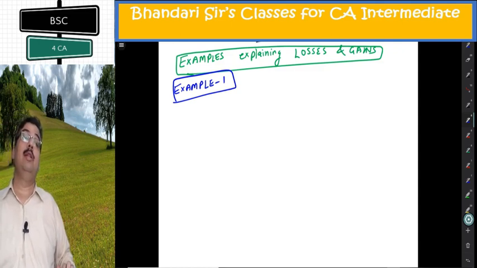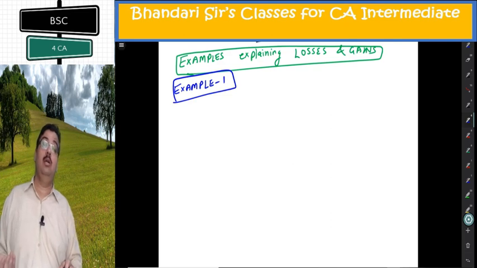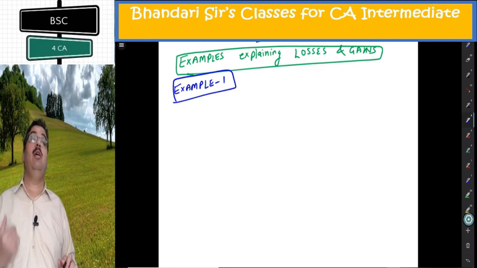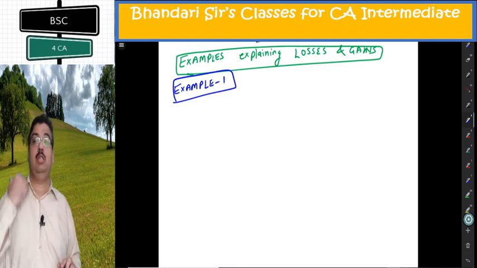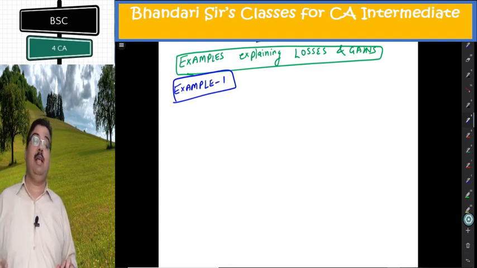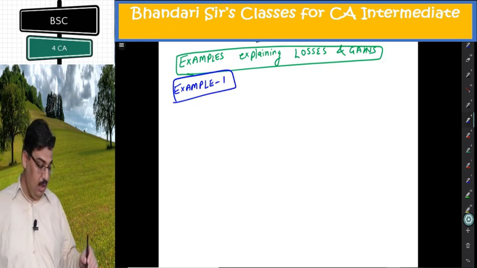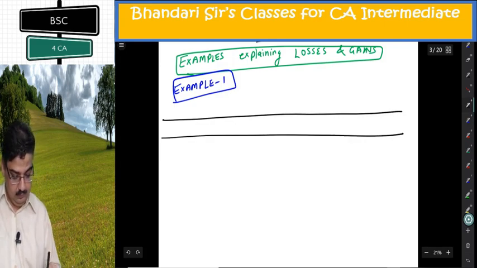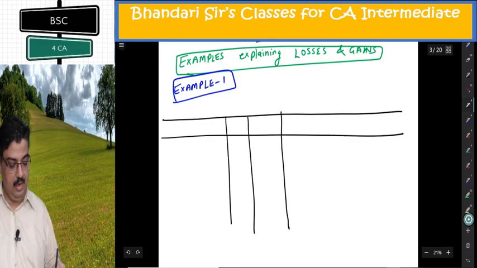Remember what to do with normal loss. Take to the credit side of process account, and against that we are going to put scrap value if any, otherwise 0. And in computing valued cost, the scrap value is reduced from total cost, and in the denominator we get expected production units, which is after deducting expected normal loss units. This much concept is applicable in example number 1. So I am making the proper format in this, the 3-column format that I have taught you earlier.